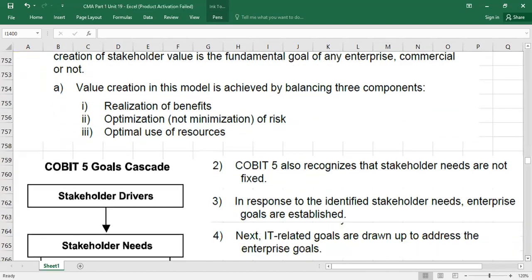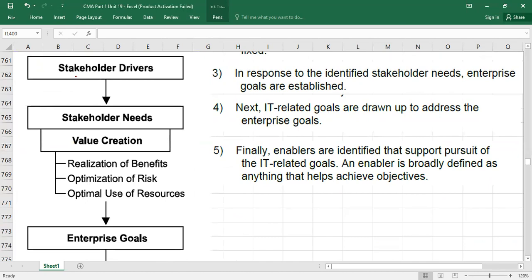What does it mean? Guys, through pictures, I can explain. They are saying that being a company, you need to identify the stakeholder drivers. Stakeholder drivers mean, what is important for the stakeholders? Or simply, what are the needs of the stakeholders? If you want to meet the stakeholder needs, first you need to identify their needs. You need to decide who your stakeholders are and what they want from you. Okay, once it is decided, I'm giving you one example. Let's assume the stakeholder is the shareholder. I'm explaining from the shareholder's point of view.